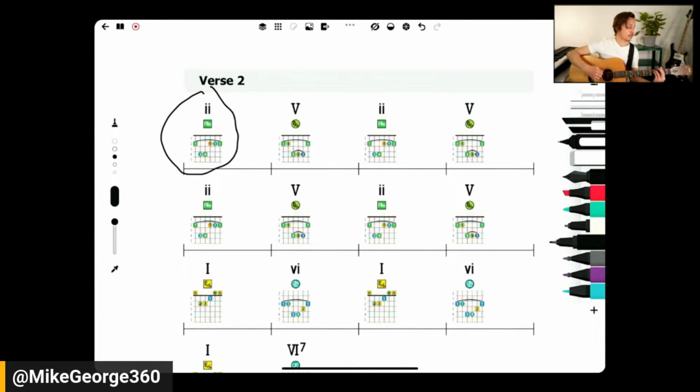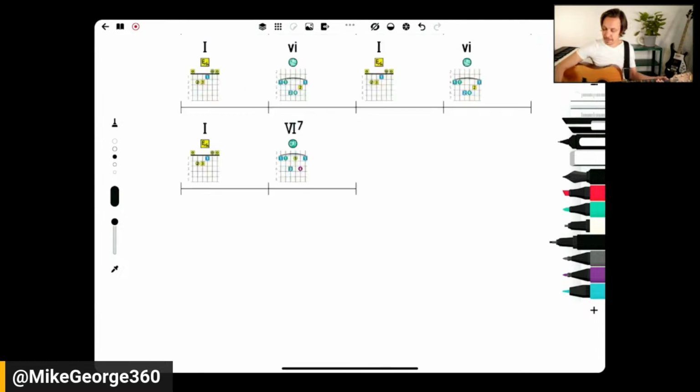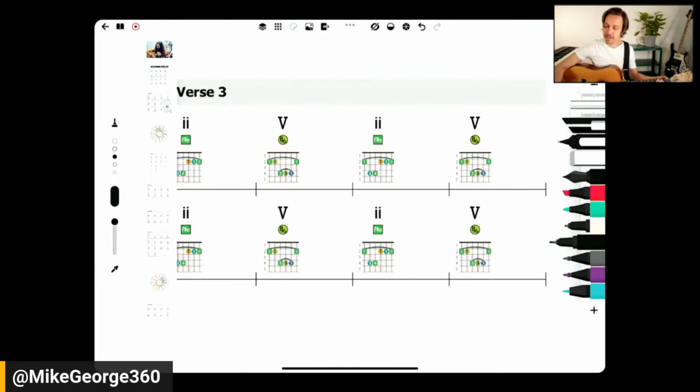repeats that progression of minor 2, 5, minor 2, 5, 1, or 2 to 5, again to 2 to 5, and then he's going to do it again. E, the 1 to a minor 6, E, the 1 to a minor 6, and then E to a major 6. Okay, that sounds beautiful, and it brings us into verse 3, which again goes back into that